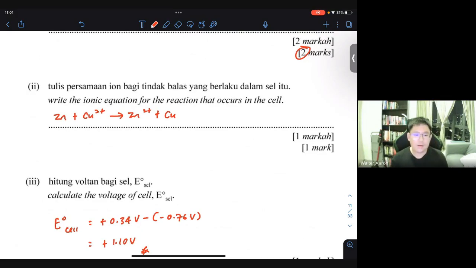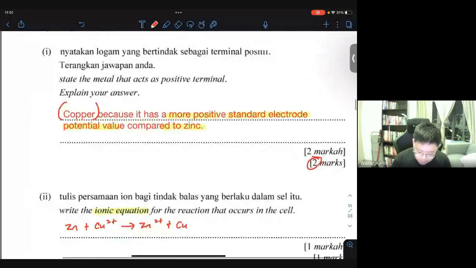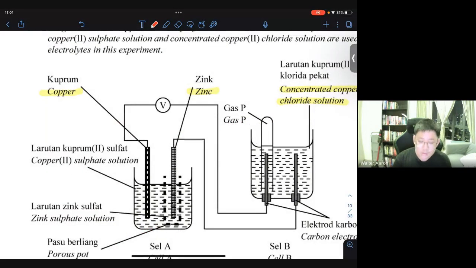So this is how you write the ionic equation. For those of you who do not know how to write the ionic equation directly like this, what you can do is always write 2 half equations. Look at this part over here, between copper and zinc. You have to ask yourself what's going on in this particular cell. Zinc, being the more electropositive one, tends to become the reducing agent, so it becomes oxidized. So how does it oxidize? In a chemical cell like this, zinc will dissolve into the electrolyte to form zinc ions,